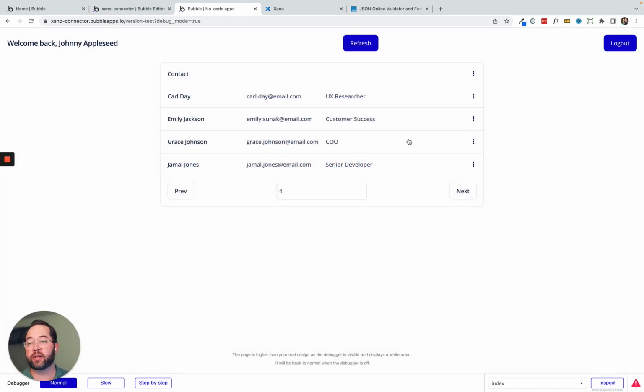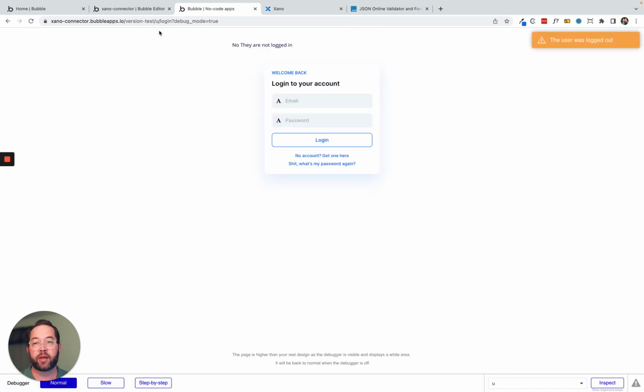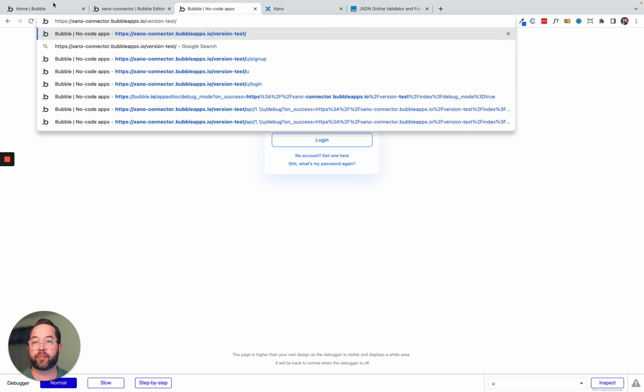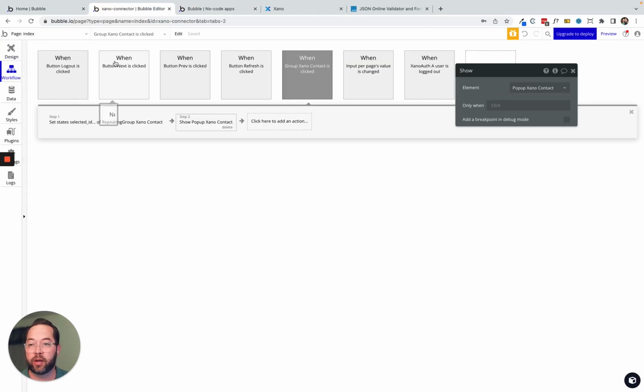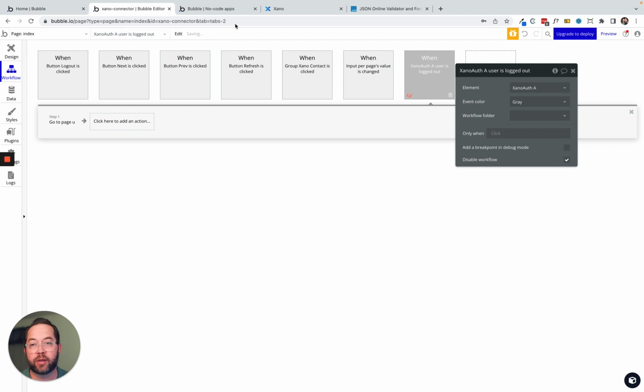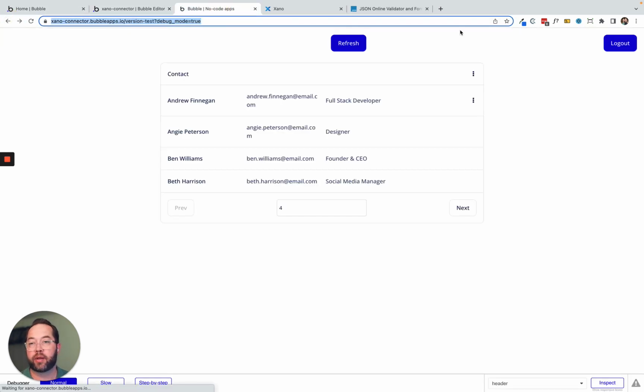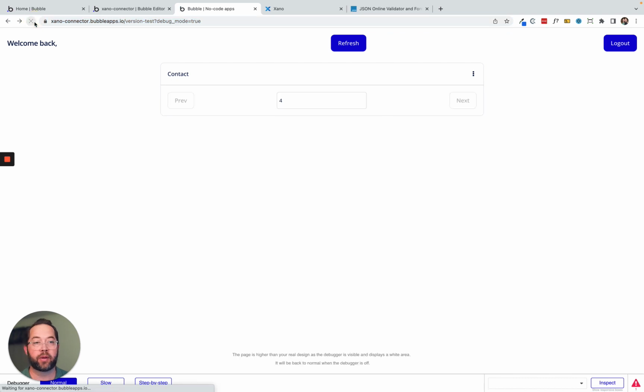And yep, that's it as far as retrieving single records, retrieving list of records, logging the user in, signing the user up. We can still log the user out. It'll take us back. And in fact, to test the authentication, because we are requiring authentication, let me make sure this is not going to kick us back out. Xano user is logged out. Let me just disable that. I'm going to go back here, refresh, and you can see we can't